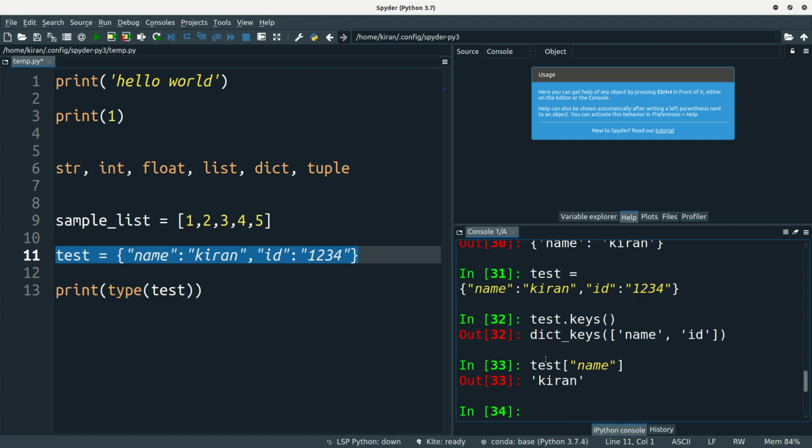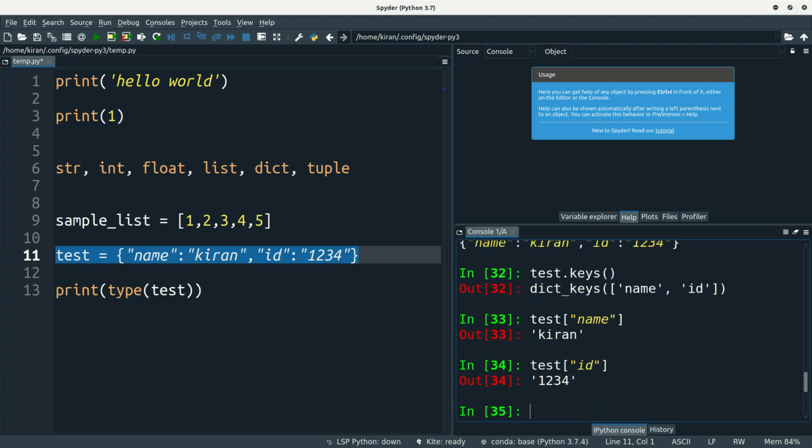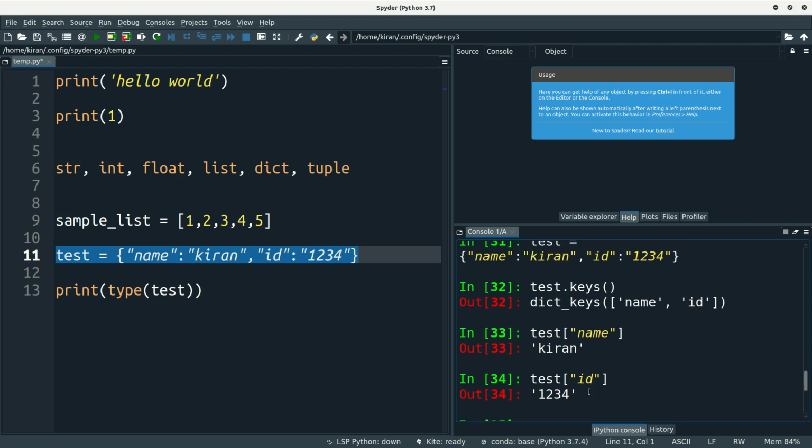Whenever you ask for the value of a key, you will get the value. Similarly, if I want to get the ID value, I will get the ID. Basically key value pairs are most useful.